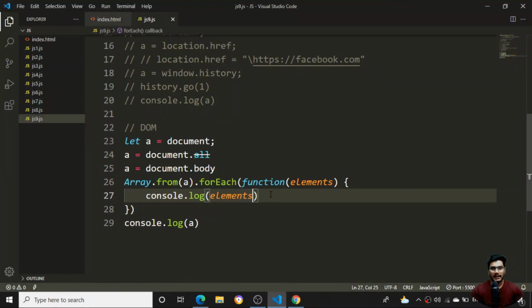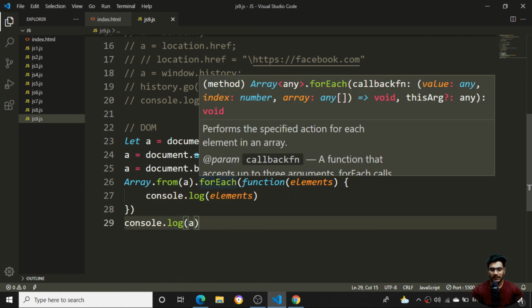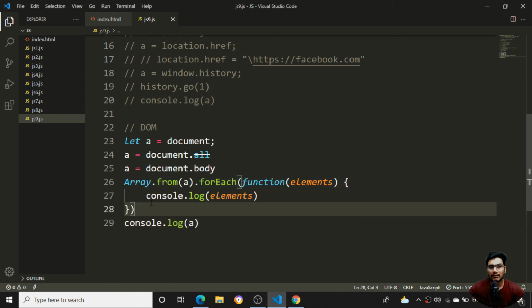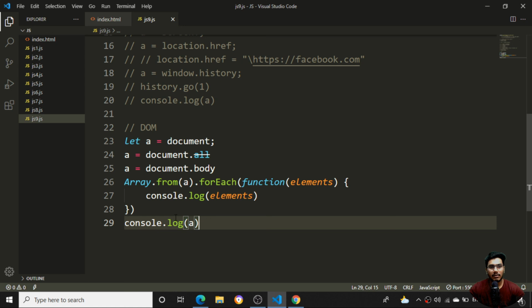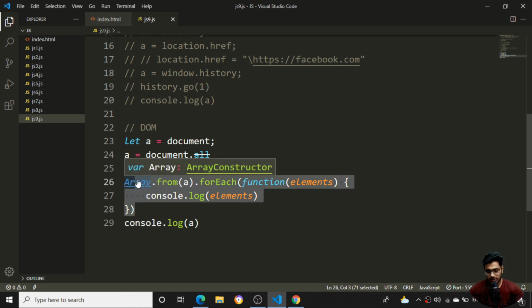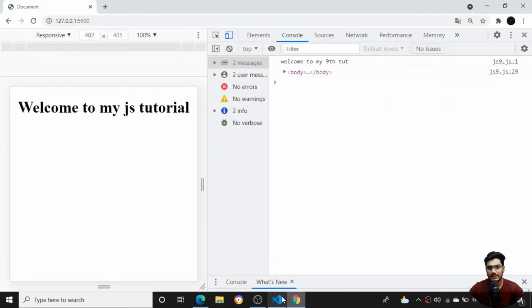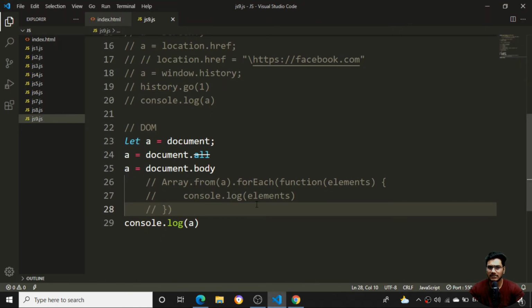I'm applying a forEach loop for the particular element. It won't work, it gets an error, because I'm not returning anything. It is not returning the particular body in the form of an array now. So I'll just comment out this forEach loop here. You can see it is just returning me the particular body itself. It is running the function, but it is not returning any element from the particular body.